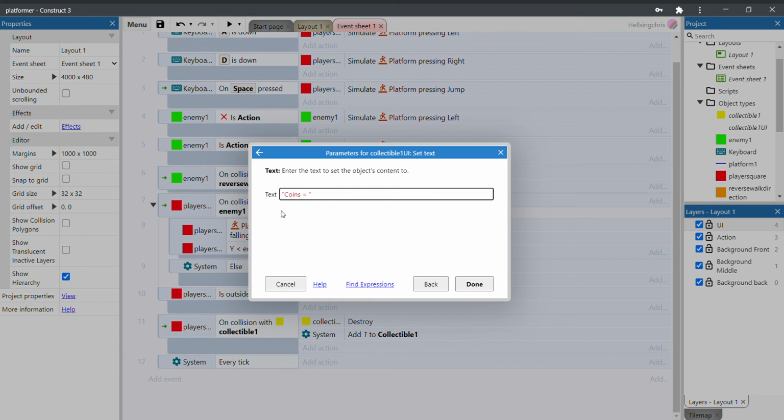Outside of the inverted commas, you want to put an ampersand. If you didn't know what that was called, that's an ampersand. It's Shift and 7 on your keyboard. It's the AND symbol, isn't it? And then we want to put the name of the global variable, and this is how you tell it to do that. If you start typing in collectible, you'll actually see it comes up there. It's got the little globe next to it. If you click on that, or double click on that, it adds that, and that's the code that will update the display for you. So if you click done,